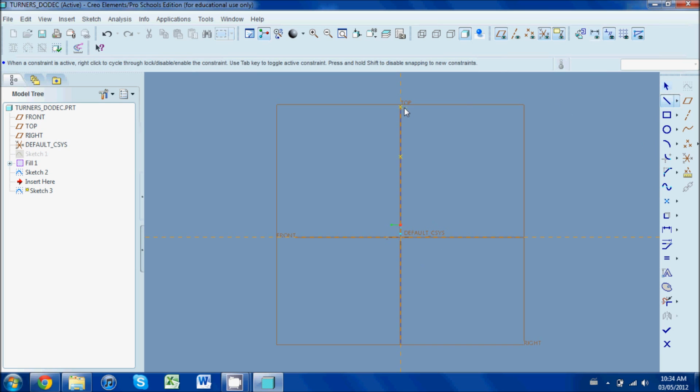We're going to use the construction lines again, so we're going to draw a line from that vertex straight out in either direction. It's really up to you, and down to that point. Middle mouse click to close those out, and we're going to make this line here construction because we don't really need it for anything, just to make sure that this is vertical and in line with that point. And now this isn't the dimension. I want this dimension here, because if you look,